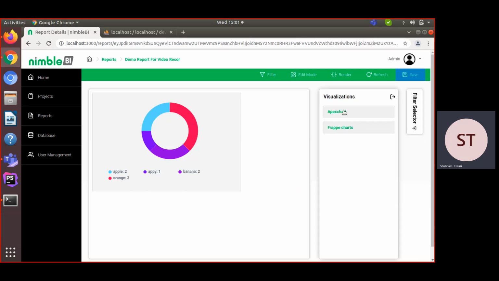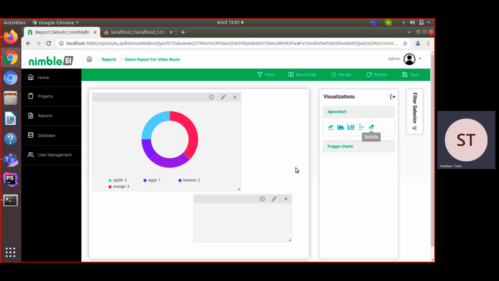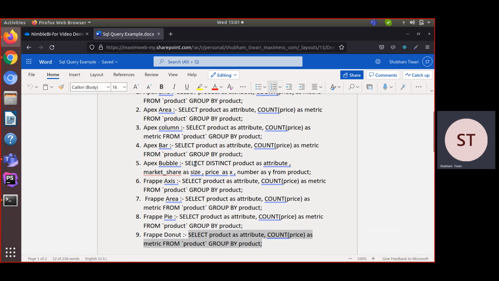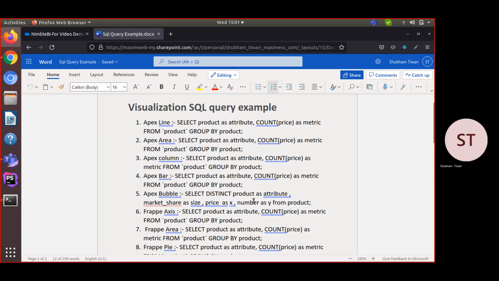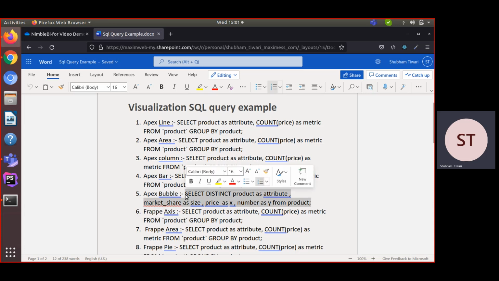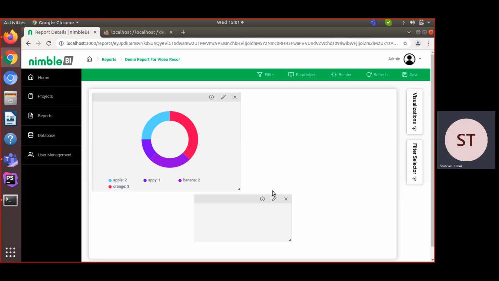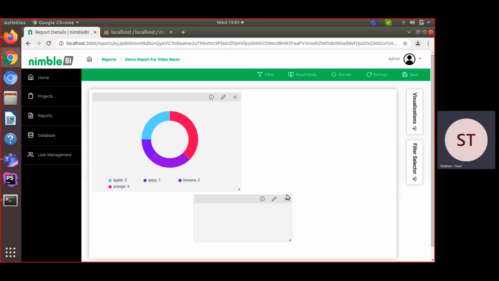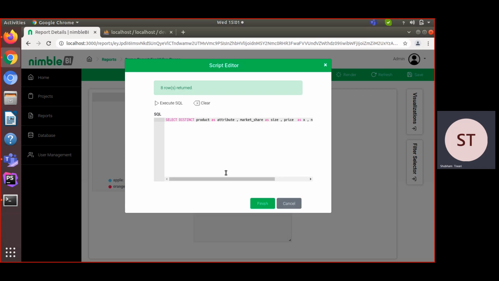Second, I'm using this bubble chart. So enable edit mode, and copy your SQL for bubble that I already created. Okay, so this is our bubble. So you can check it also.